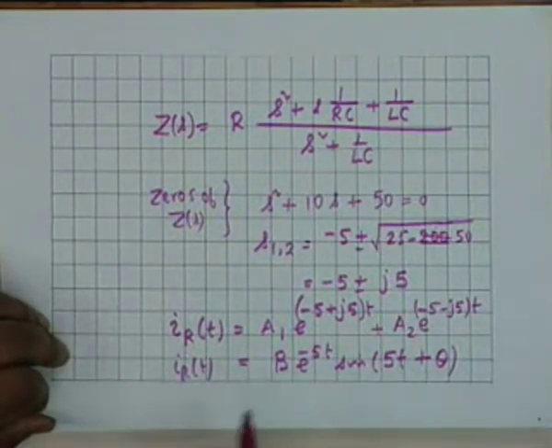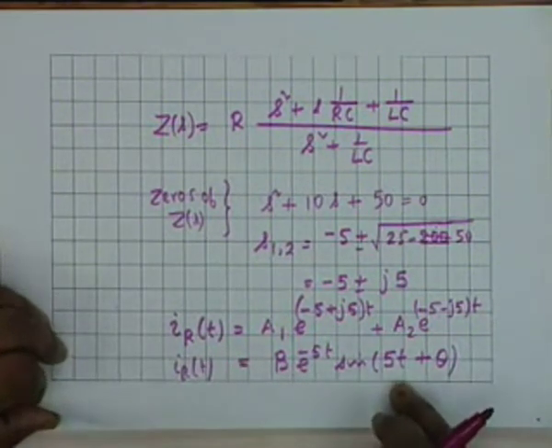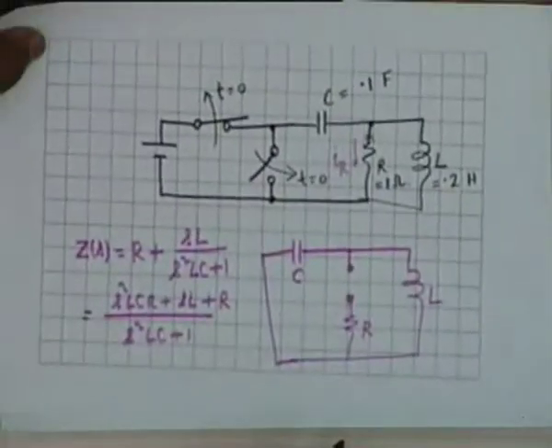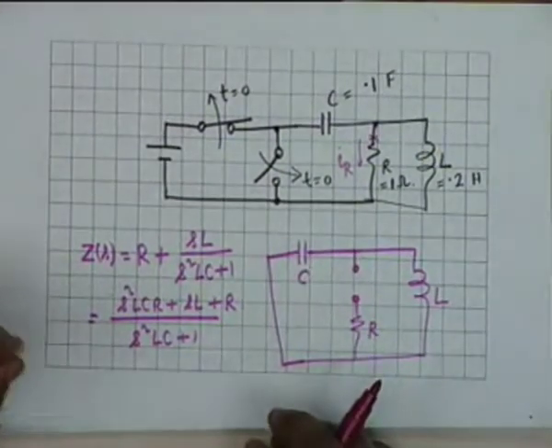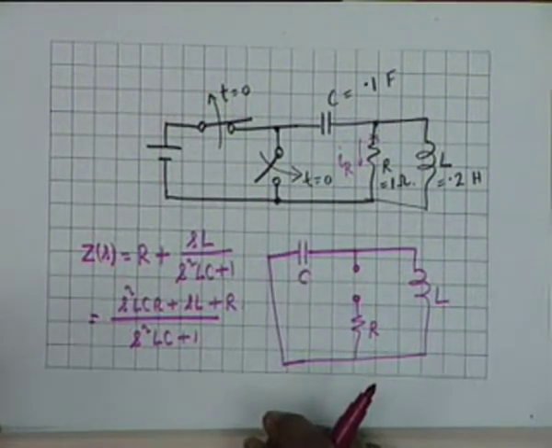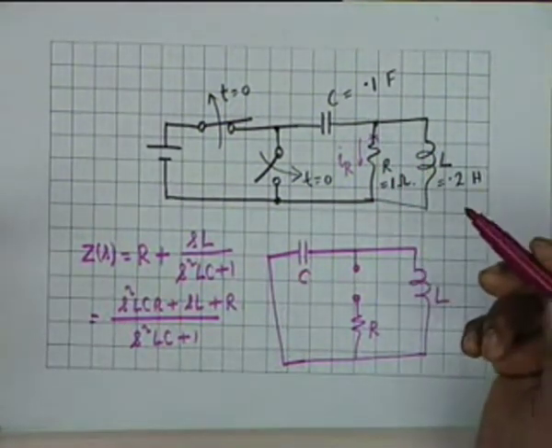I am going to take a third example which I shall do completely, but this should be easy to follow. Let me go back and explain the method. If there are 2 points across which you want to find the natural voltage response, then you find the impedance between those 2 points and look at the poles. If you want to find the current through a short circuit between 2 points, then you look at the impedance between those 2 points. For example, here there was no break, we made a break.